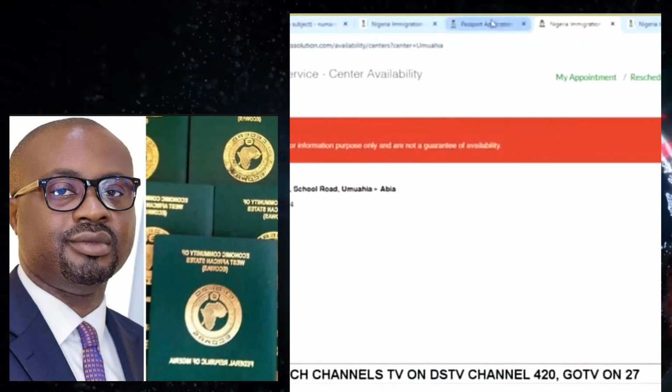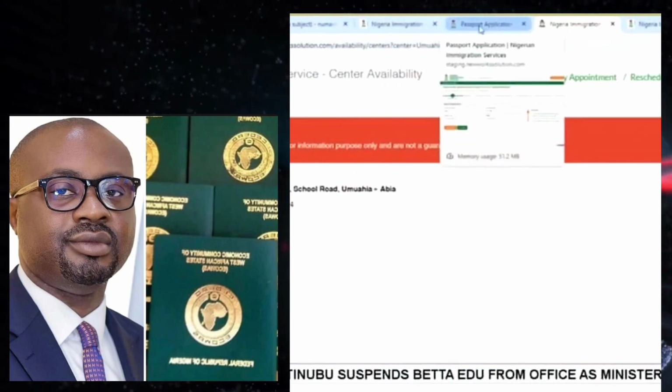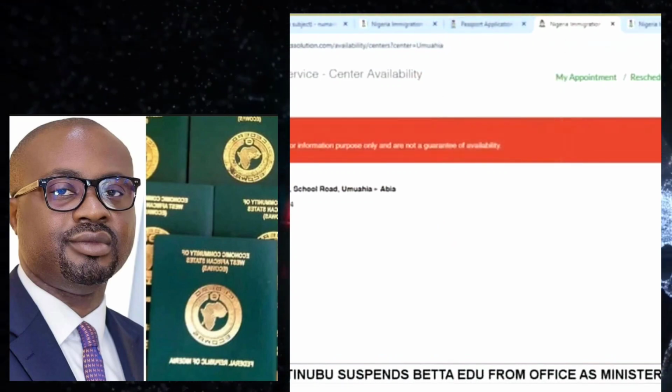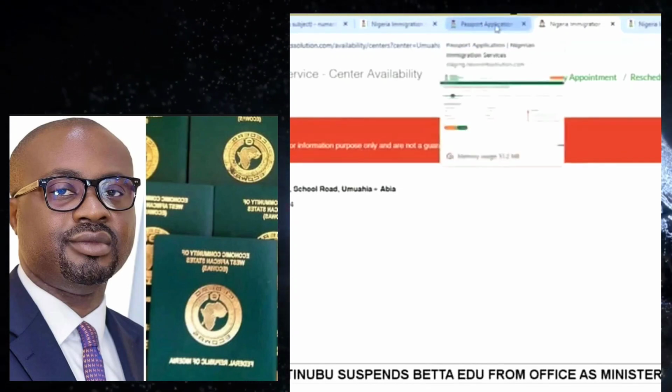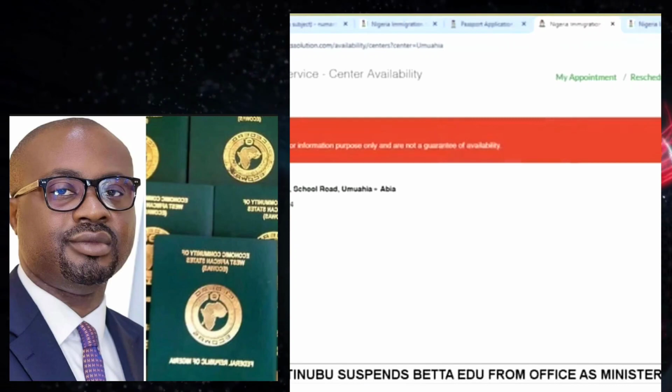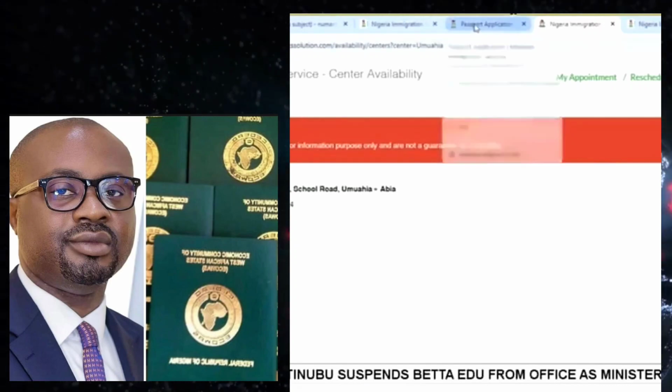So you look at, okay, is it available or not? So you will be able to do that. It tells you, okay, next availability is January 9 in Abia. So you will know that, okay, can I go or whatever. But there was a time that when you pick a date, it gives you almost a year. No, we're solving that, but that's part of the reason things are in the interim.